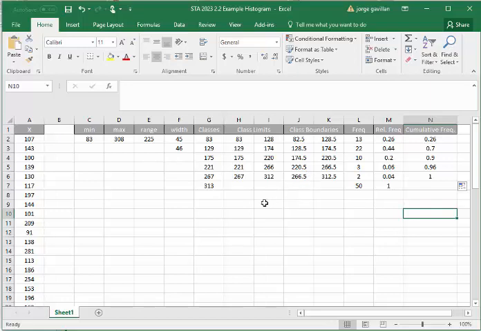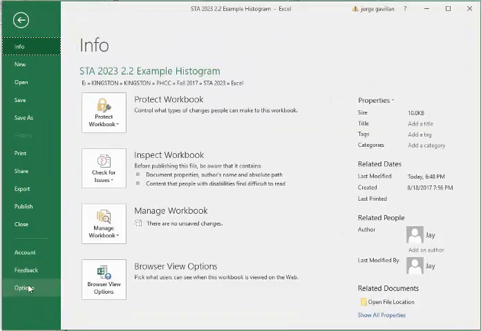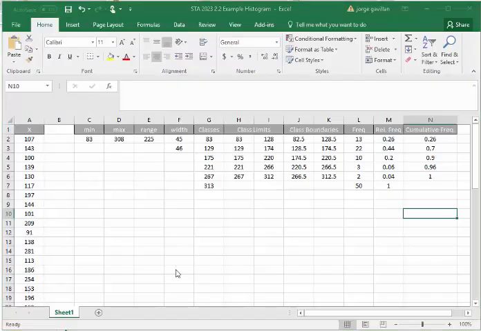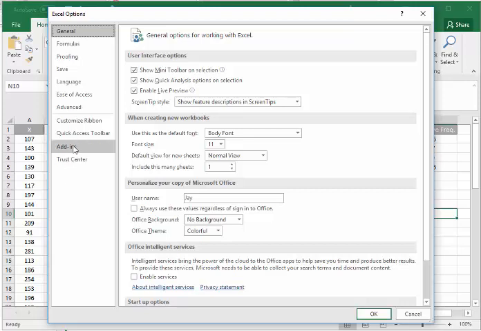Okay, so the next thing is you're going to have to install an add-in in Excel. They are already installed in the computers at the ASC and also in the classroom that we use. So what you're going to do is you're going to go to File and then Options, and then here we're going to go ahead and click Add-ins. Just double click it,